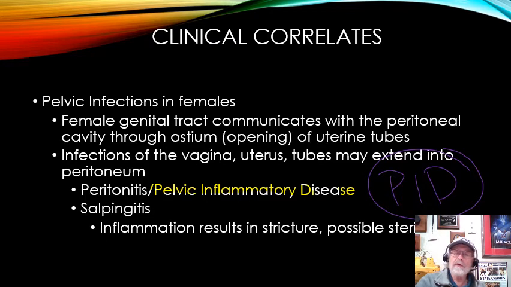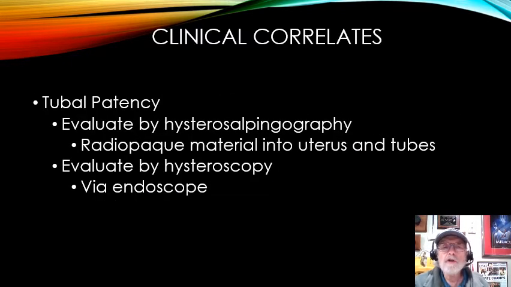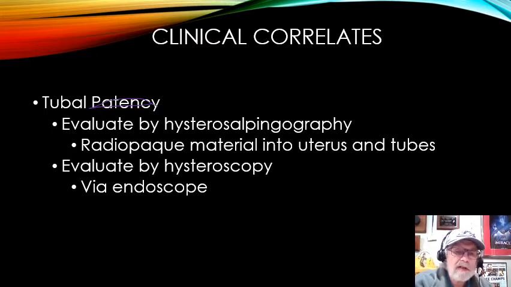One of the problems with pelvic inflammatory disease is that if it's inflamed and infected, even when they get rid of the infection, it's not unusual for the fallopian tubes to be narrowed. There's scarring of the fallopian tubes, which means that the more often somebody has pelvic inflammatory disease, the less likely they are to have fertilization occurring in that particular fallopian tube, because it gets too narrow. That's one of the things that they find: tubal patency, where patency means opening. When females have multiple episodes of PID, they lose that tubal patency, and the tubes don't stay open, and they're narrowed.